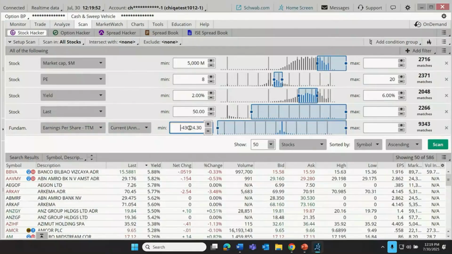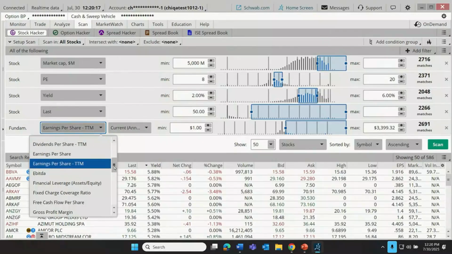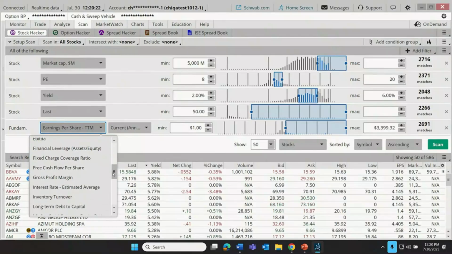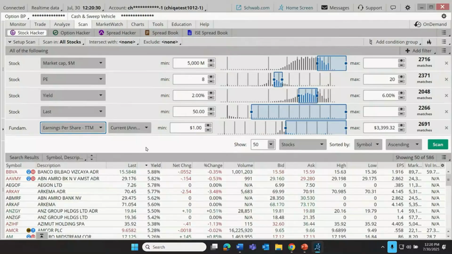And let's say that our investor is looking for at least $1 in earnings. That might not sound like a lot, but keep an eye on our histogram here, as I just set $1 as our minimum. And yeah, there's a big batch of companies that are earning less than $1 over the last 12 months. But just note that as we select from the fundamental menu, there are a lot of different values that can be selected here, different criteria from what we've seen as defaults in the stock filters.